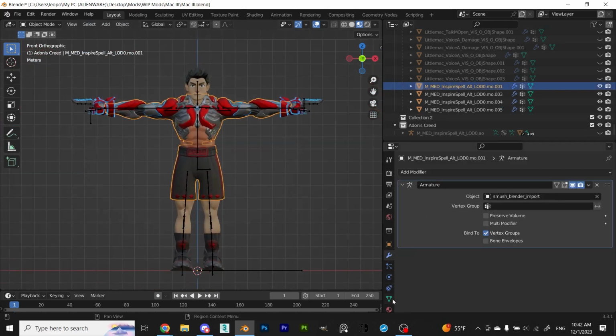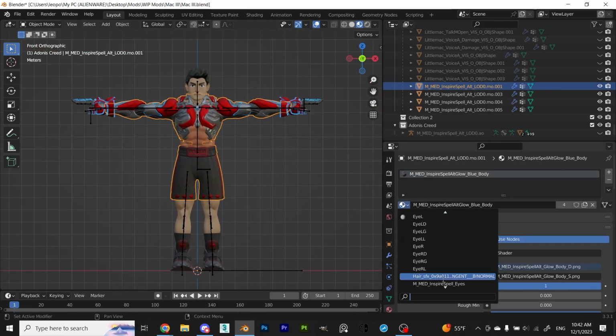Finally, I changed the materials of the mesh to one of Little Mac's original materials so that I could export it without any problems.